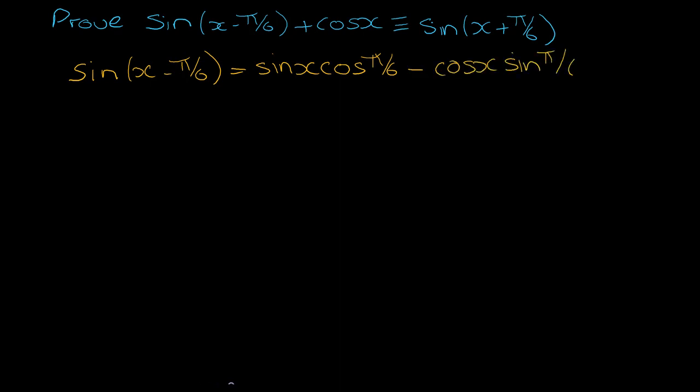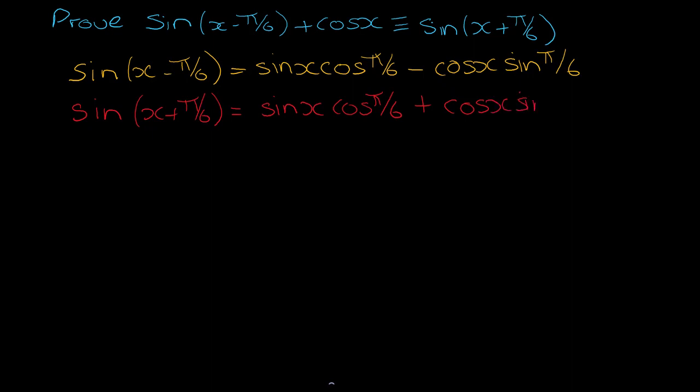Now let's compare it with the end identity that we're looking for. So sine of (x plus pi over 6) equals sine x cos pi over 6 plus cos x sine pi over 6. What you can notice is that the first two parts are exactly the same, so we don't want